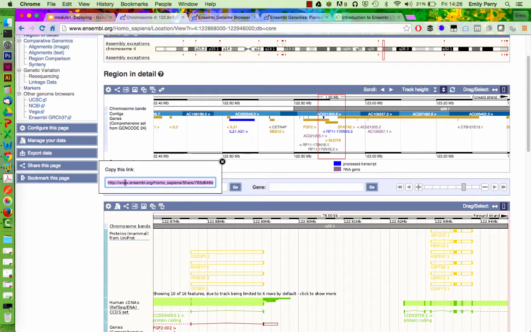And when Ben gives you the demo on uploading your own data to Ensembl, you'll see that when you try the share link, you get a little tick box with the option of do you want to include your own data as well. I can now put that in an email. I can send it to my colleague and they can be looking at the same thing that I'm looking at. So I will get rid of that.